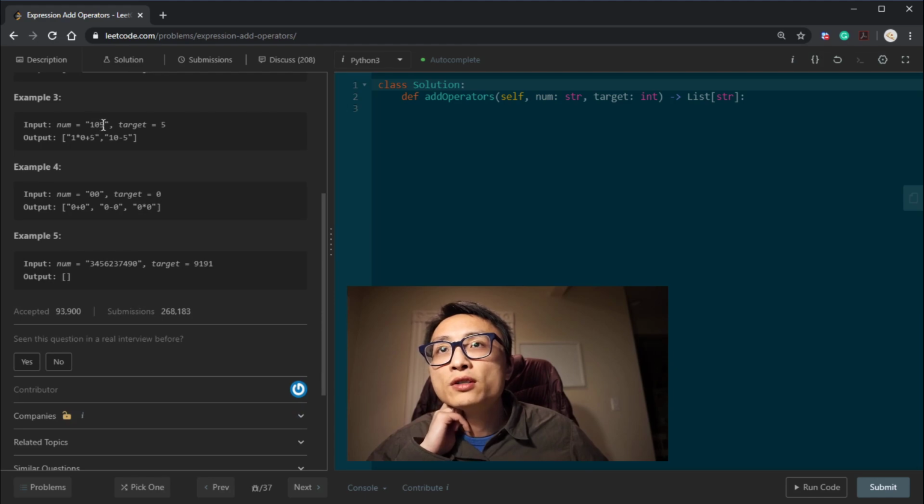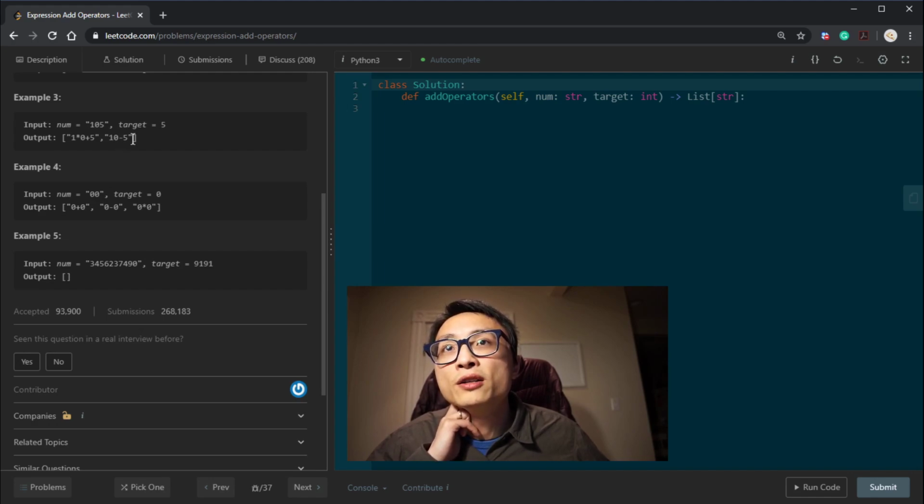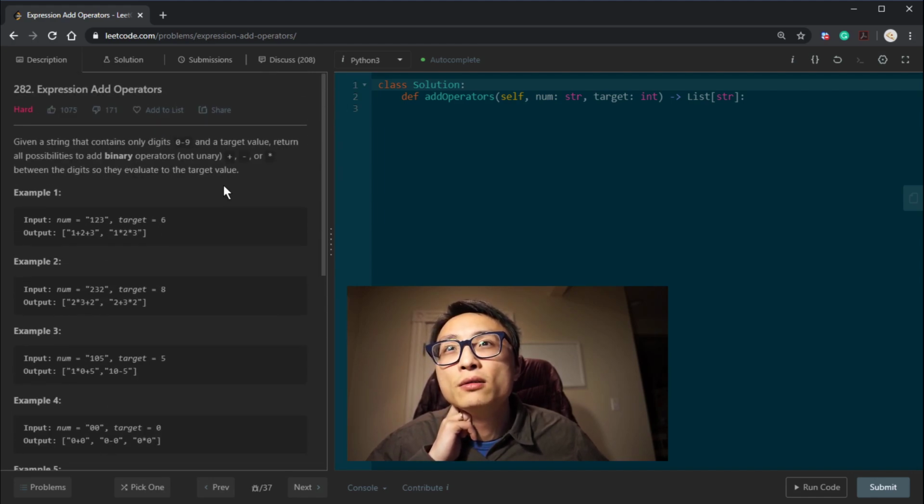The third example is "105". Target is 5. We can use 0 plus 5 to get 5, or we can choose not to add anything in between 1 and 0, basically concatenating the 2 adjacent digits into one larger number. 10 minus 5, we can get to 5. So just considering all our choices now, after we read through these 3 examples,